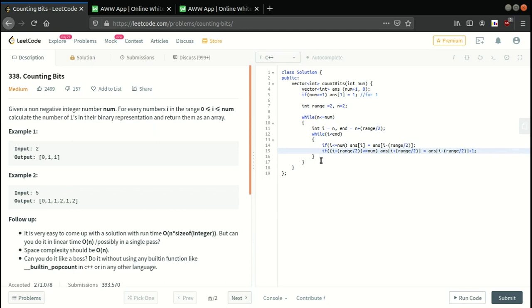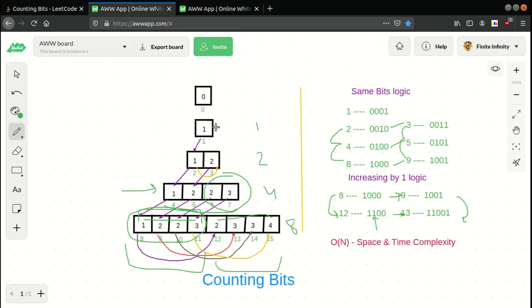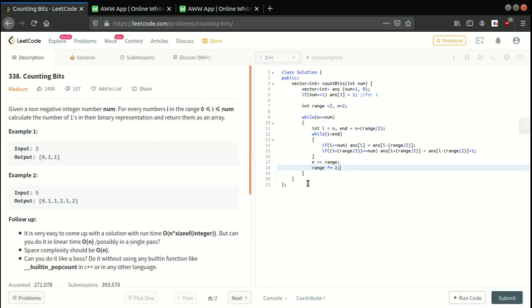After that, what we have to do is increment our n by range, and range we have to multiply by 2, because the size of the array is increasing, multiplying by 2 every time, like we had 1, then 2, then 4, then 8. Okay, so that is done over here, and at last we have to return our answer array.